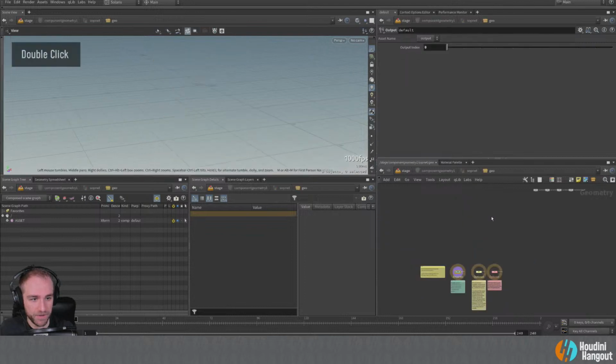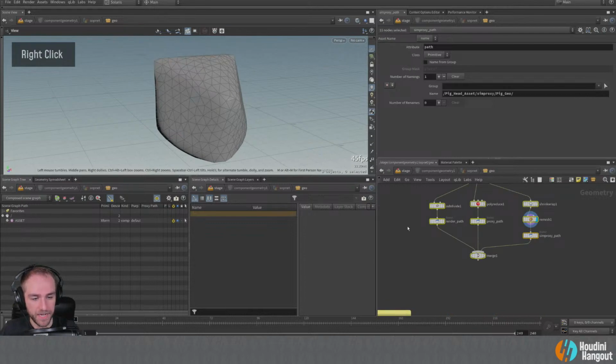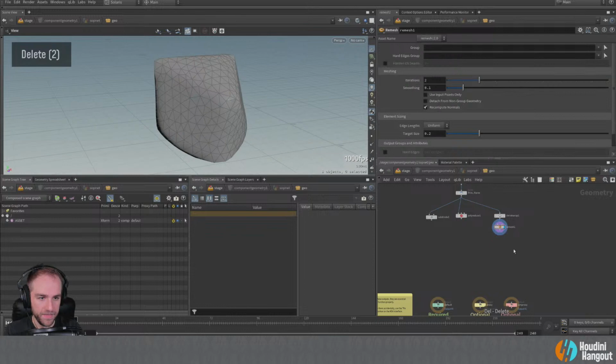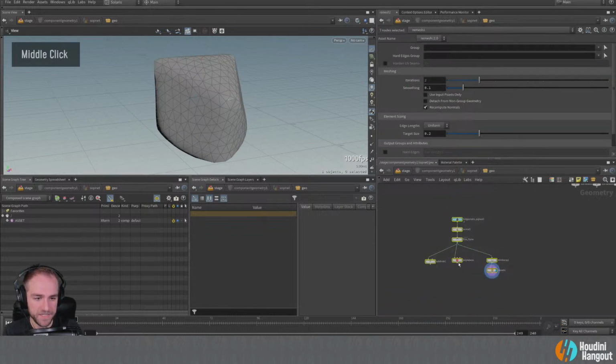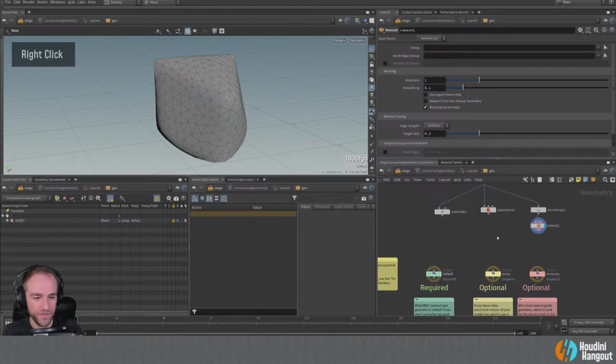So let's now jump inside this component geometry, and I'm going to paste all of those nodes. And if we look here, I'm actually going to get rid of these and this. We could leave the primitive name. That's not going to be a problem. But let's just leave these three streams of geometry the way they are. And if we look here, we can see that there are three different outputs. One is going to be your render.